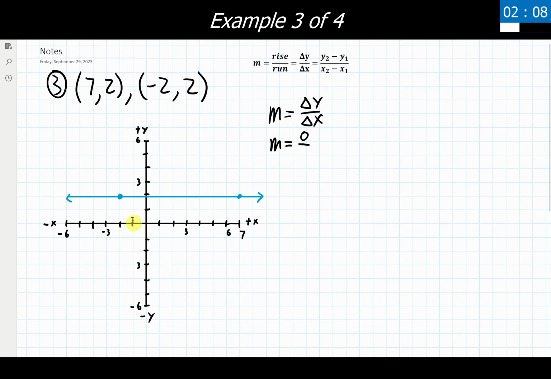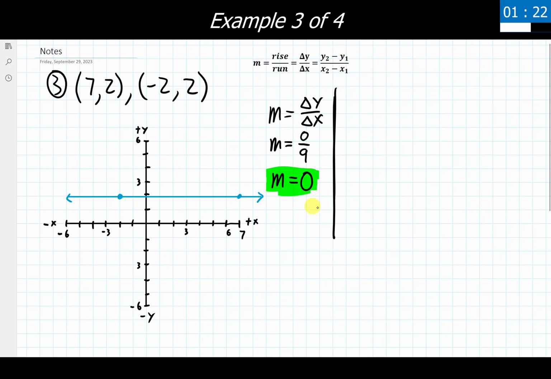What about the x values? This is one that we could actually calculate. So I'm going to count over from here. I'm going over 1, 2, 3, 4, 5, 6, 7, 8, 9. So my change in x is going to be a +9. You might think, okay, great, I've got 0 over 9. How do I reduce that down and simplify it? Well, what is 0? Nothing divided into 9 pieces. It's still going to be 0. So my slope for a horizontal line is going to be 0, now and forever. Whenever I have 0 divided by a number, I'm just going to keep getting 0 as my answer.